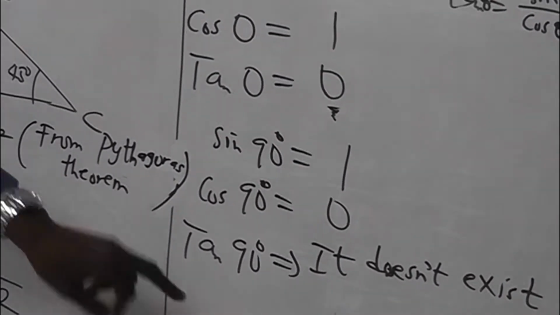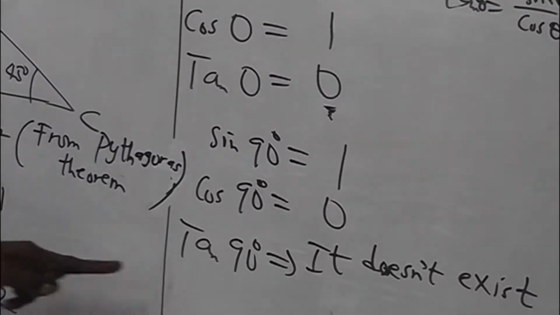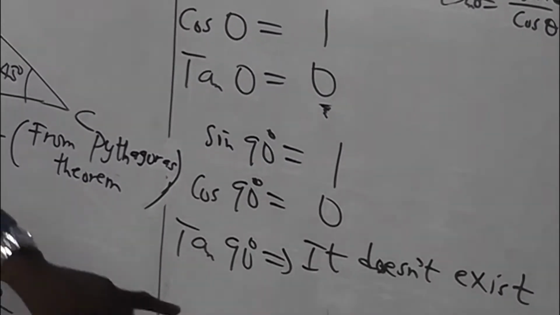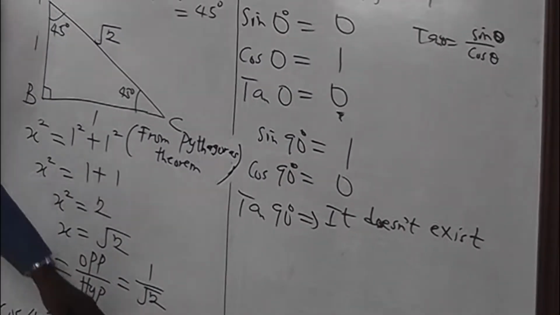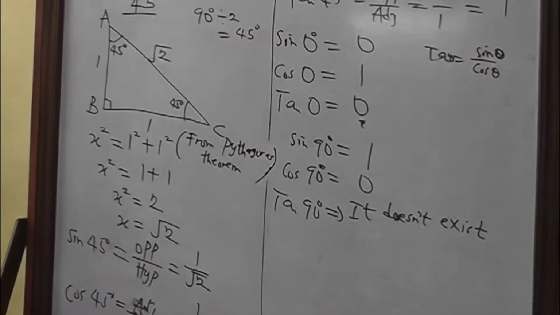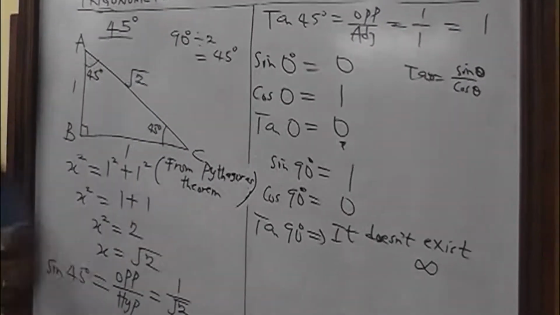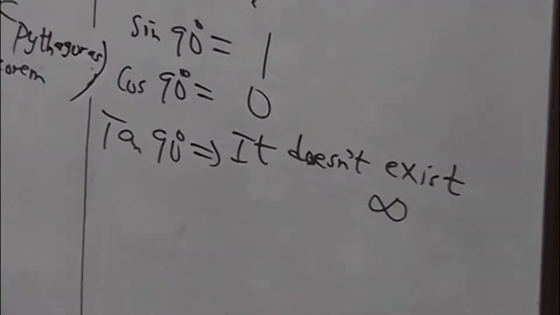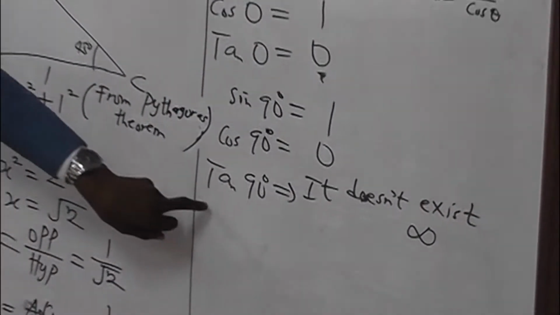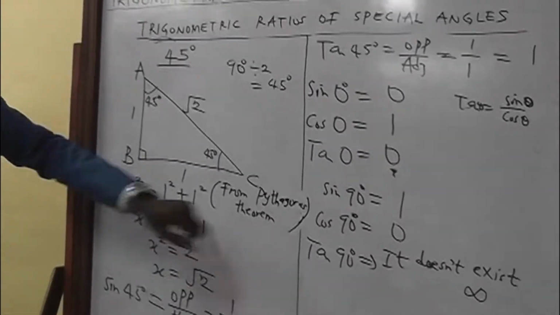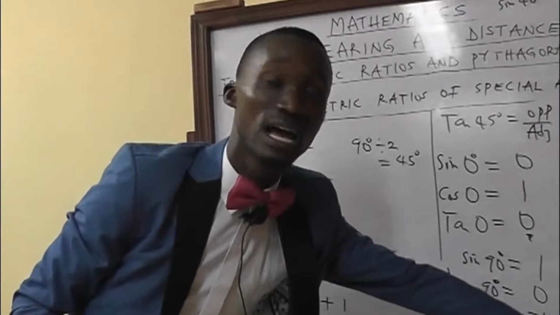And at times they will want to test our knowledge, and they will ask us that, okay, tan 90 is, then they write the options: they write 0, they write 1 divided by root 2, they write root 2 over 1, and they write infinity. When something does not exist, we denote it with this symbol, that is infinity. So if you are not careful enough, we just go ahead and pick 0, which is the wrong answer. So tan 90 does not exist, but we assume it exists, and that's why we represent it with this symbol,